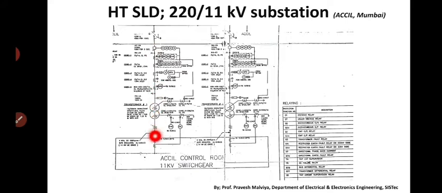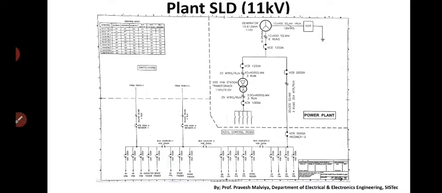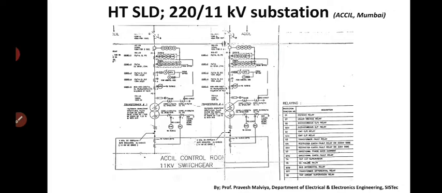Suppose the production company has to increase the production, then the load demand will increase. So when the load demand increases, it requires more current. To satisfy the load demand in peak hours, we need to charge this bus with high current, so that it should be capable of satisfying the load demand. For this we need to go for parallel operation. So these two power transformers, both 16 by 20 MVA rating giant transformers, are working parallelly.